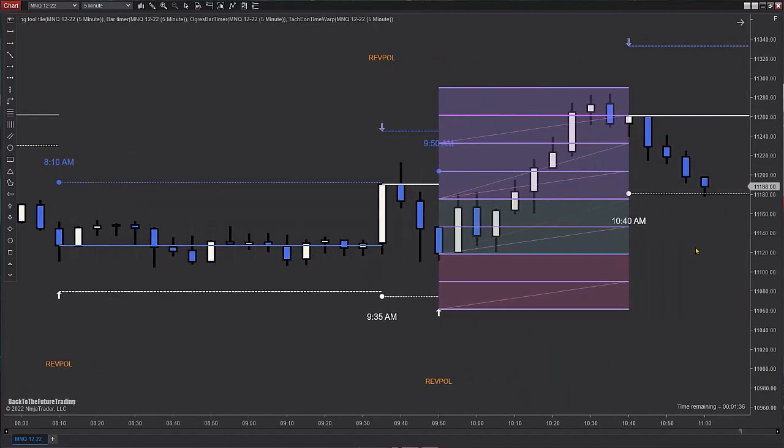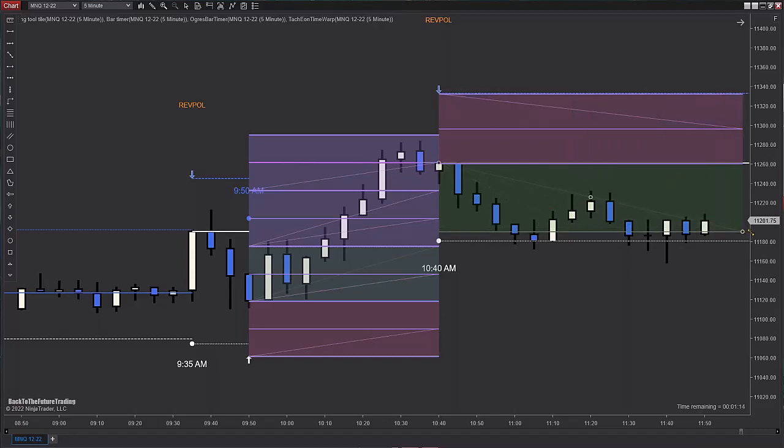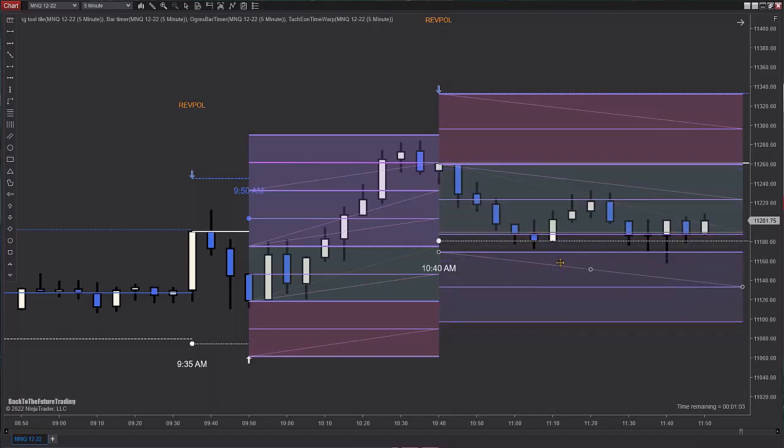Let's do one more. That was kind of fun. Let's see if this one works. So this is a reverse polarity short. And then we'll take one of these and we'll come over here and we'll measure it. And we're just going to 50% it. Let's drag this all the way out. I hope this is helping some people. And then we'll 50% that. And then we can 50% it one more time.